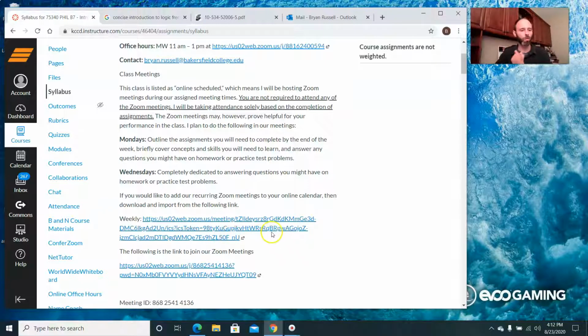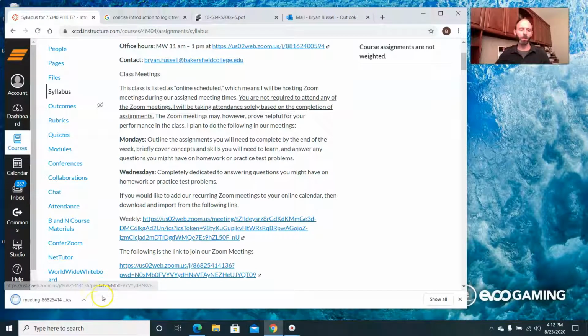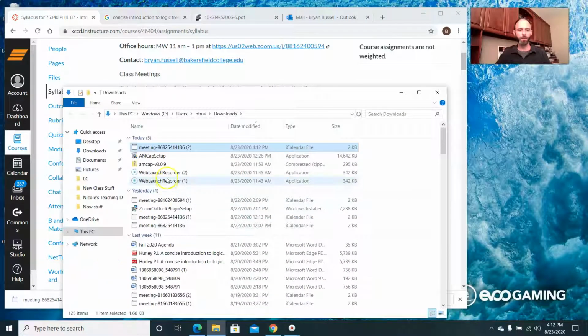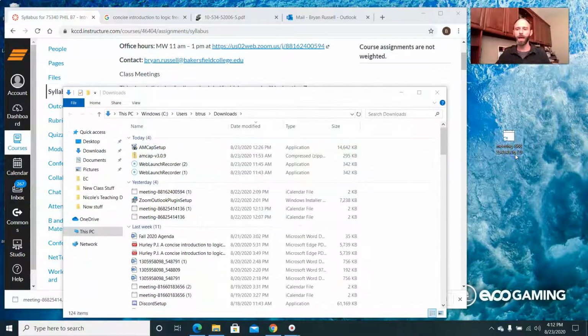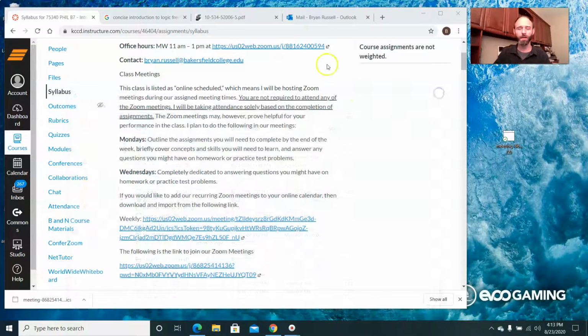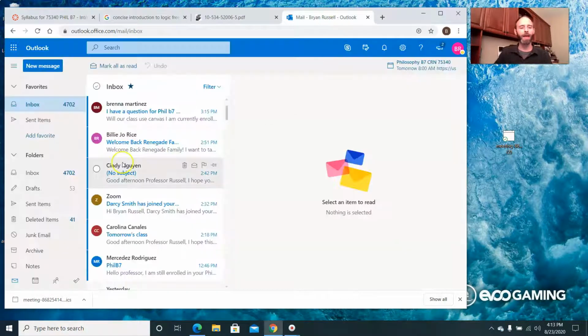So how do you get to our Zoom meetings? On the syllabus, there'll be a link that will take you to our Zoom meeting directly. I also provide this link to, if you control-click on it, you'll see this. It'll be the ICS, so it will give you a calendar. I click on that, I open it in the menu, and then I drag it over to my desktop, and that way you can add it to your